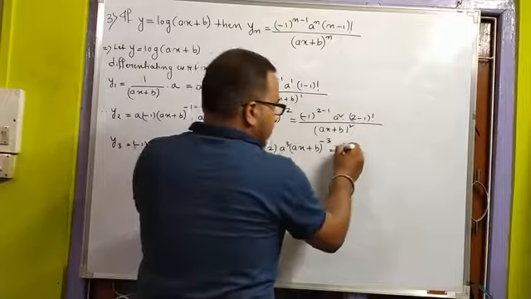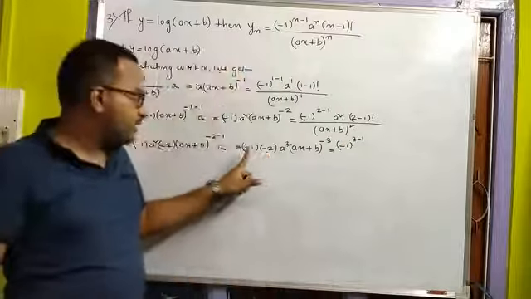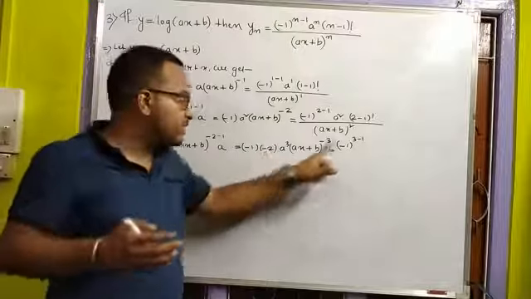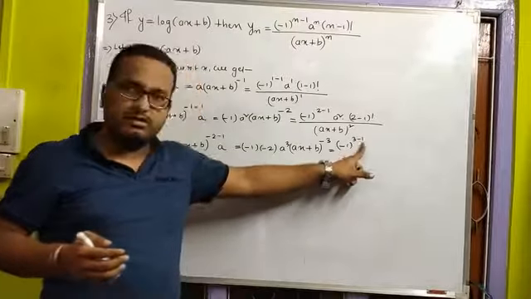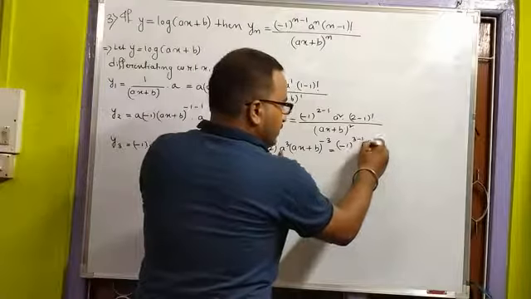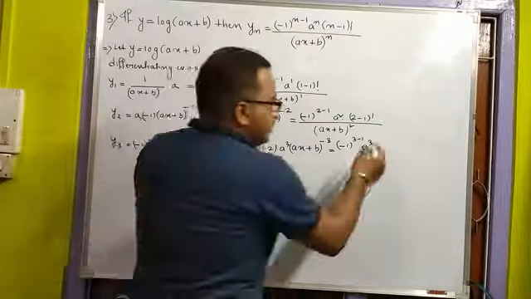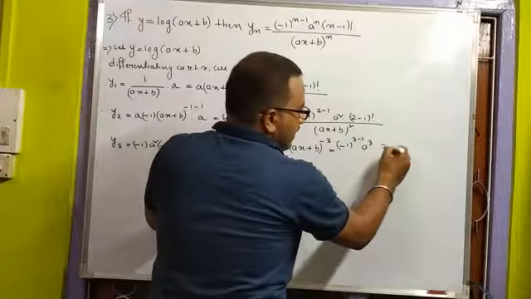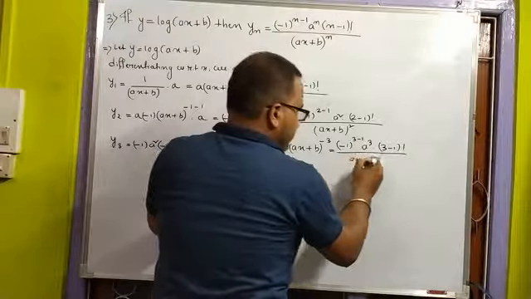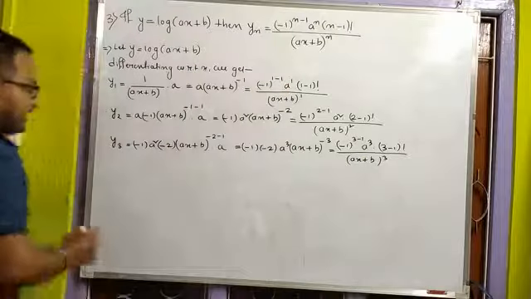Now this equals minus 1 minus 1, so it is minus 1 square, right? So minus 1 square can be written as minus 1 to the power 3 minus 1, right? Now it is a cube, then 2 is there, so 2 is nothing but factorial 2, right? So factorial 2 can be written as factorial 3 minus 1 divided by ax plus b whole thing to the power 3, right? So proceeding similarly,